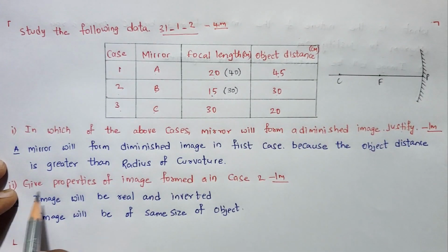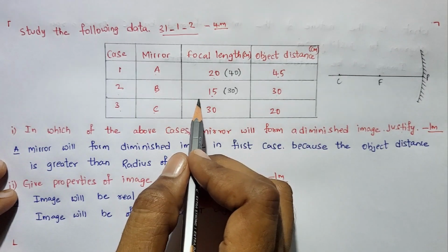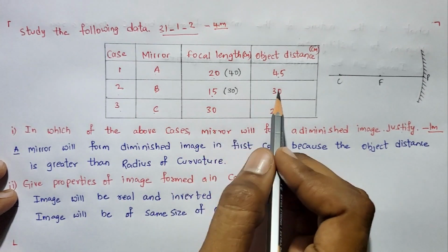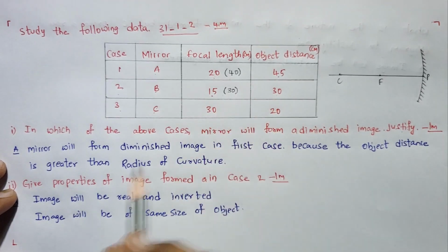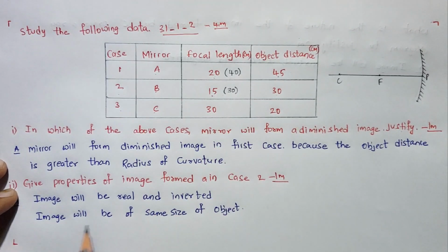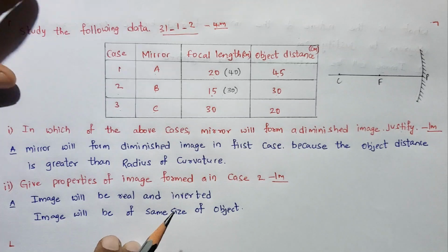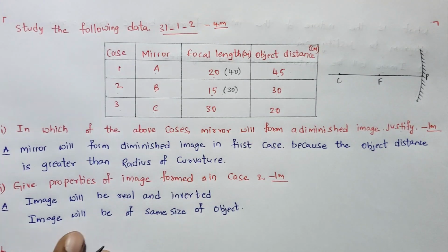So, give properties of the image formed in case 2. In case 2, the object is placed at the center of curvature only. When the object is placed at the center of curvature, the image will be real and inverted. The image will be of the same size as the object. Yes, okay. One more question they asked, that is,